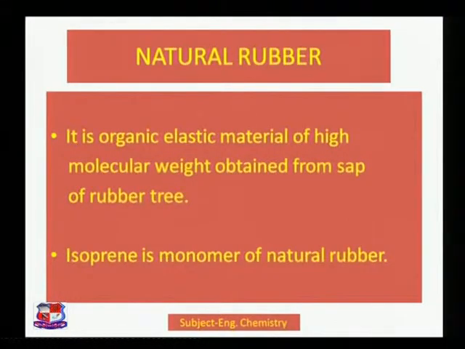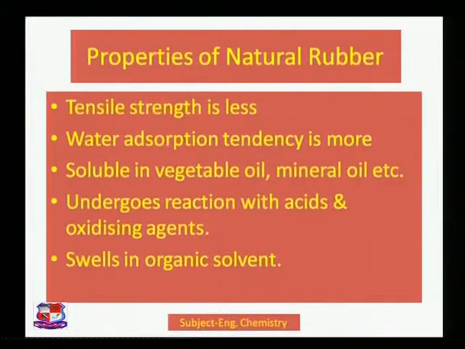Let us try to see the next thing, that is properties of natural rubber. What are the properties of this natural rubber? We have seen that it is obtained from the milky latex of the rubber tree, and it is a high molecular weight compound that occurs in nature itself. So God is making this natural rubber automatically in the tree. Okay, so you can see here what the properties are. There are some good properties, there are some negatives, but depending on the application we can modify these properties and then we can use it ahead.